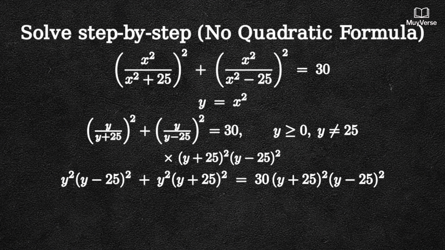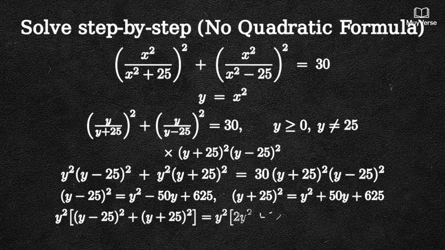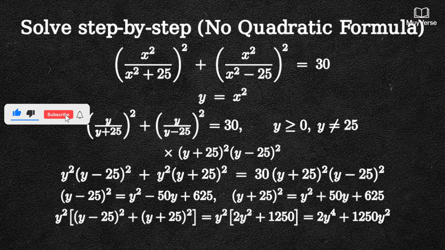Step 3. Expand and simplify. We have (y minus 25) squared equals y squared minus 50y plus 625, and (y plus 25) squared equals y squared plus 50y plus 625. Adding them inside the brackets gives 2y squared plus 1250. So the left side is 2y to the fourth plus